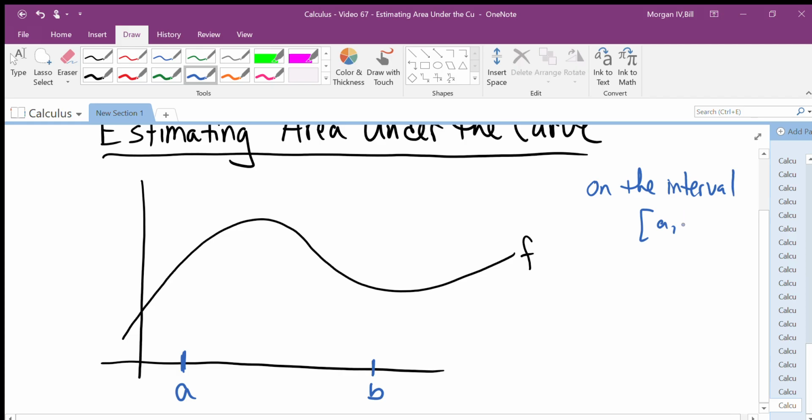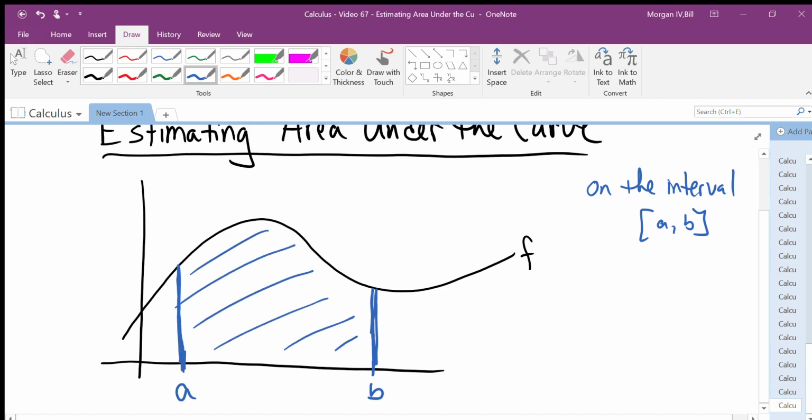So we only want the area under the curve on this particular interval right here, from A to B. I'll try to draw those straight up and down. We basically want to estimate what this area is in that region, under the curve, back to the x-axis, on the interval A to B. Now I'm going to erase those lines that I just drew,